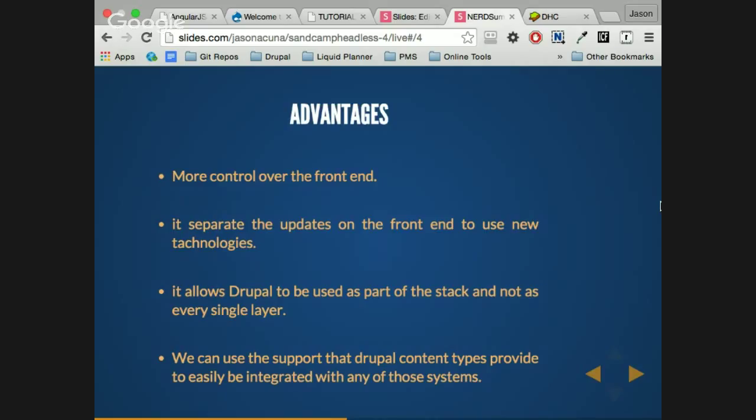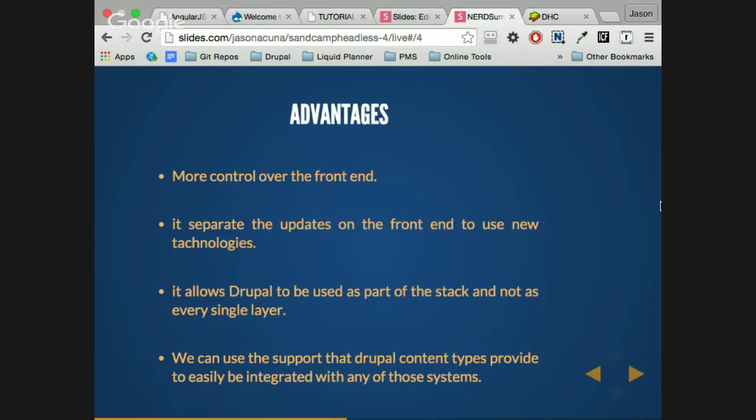Among the advantages, I see more control over the front end, which means we can do whatever we want as long as we keep a regular HTML structure. If you're working on the front end as HTML, or on an app, Android or iPhone, you can just modify the app and consume the data the way you want.